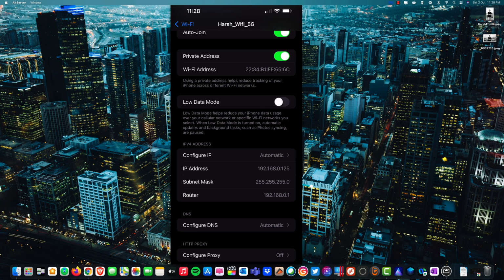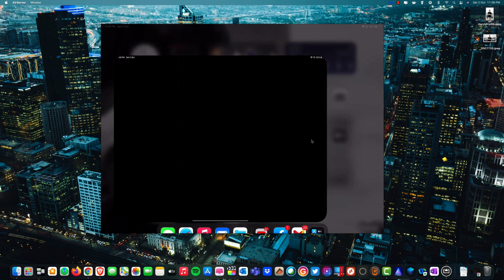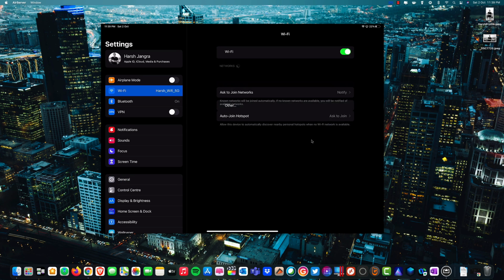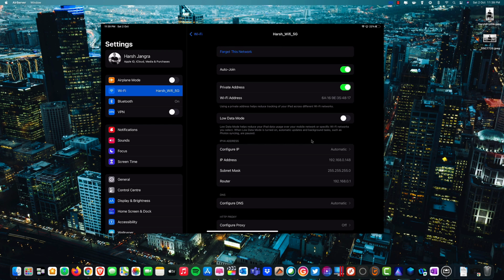Now I'm going to show you the IP address on my iPad, and then we will move forward to understand more about Microsoft Azure Virtual Network. Now we are on our iPad and we would like to see the IP address being assigned by my Wi-Fi router. To check that, just go to Settings, same step, same way, go to Wi-Fi and click on the info icon, and check here guys, this has a different Wi-Fi address, which is our MAC address. Just like I expressed already, these are unique addresses